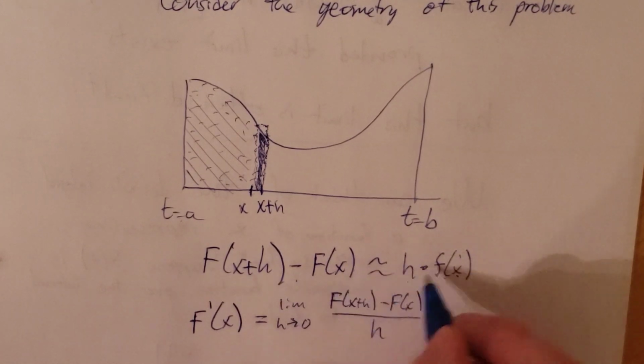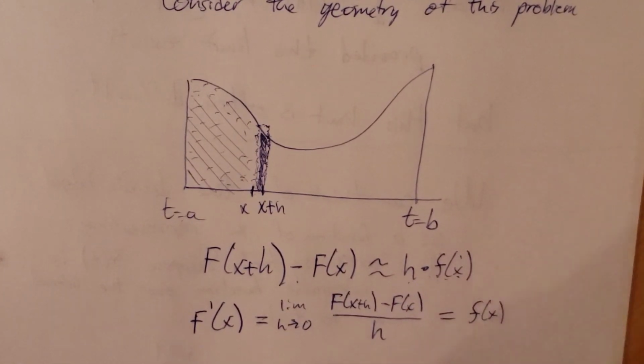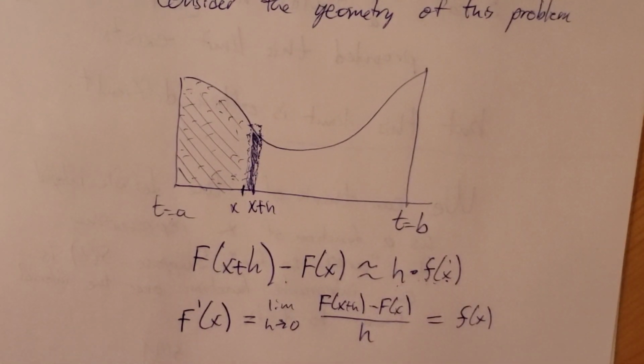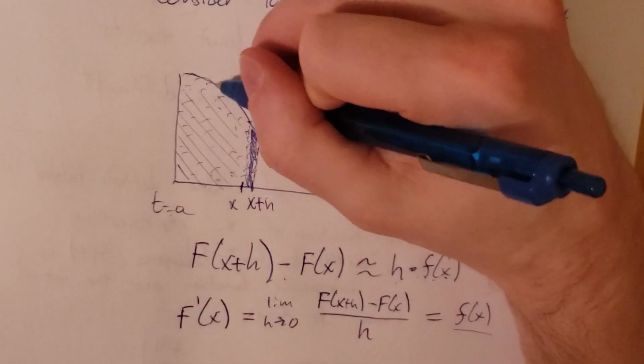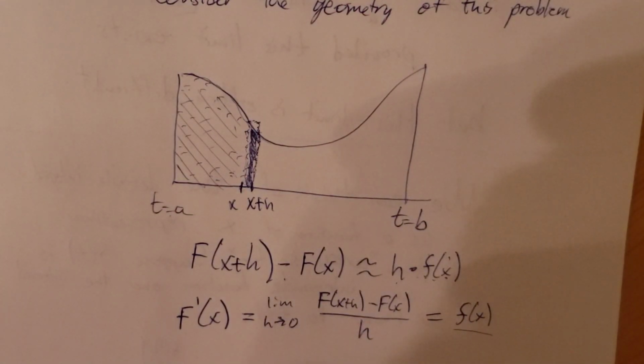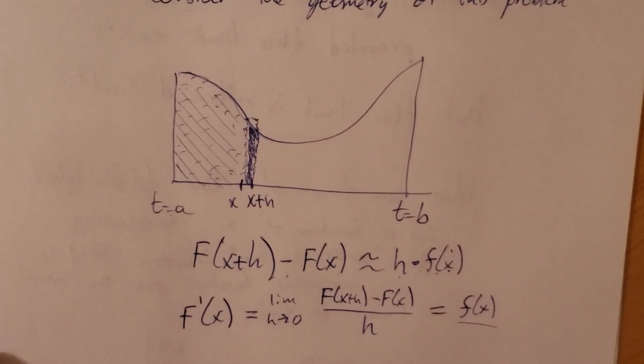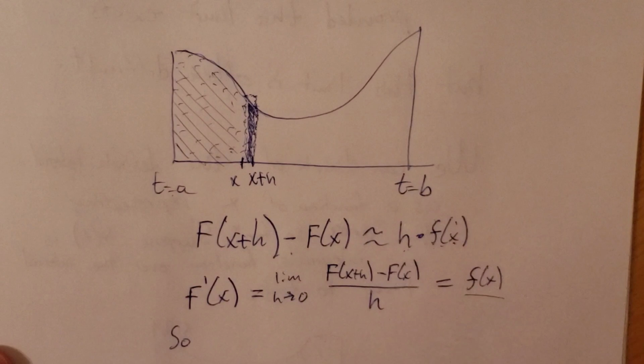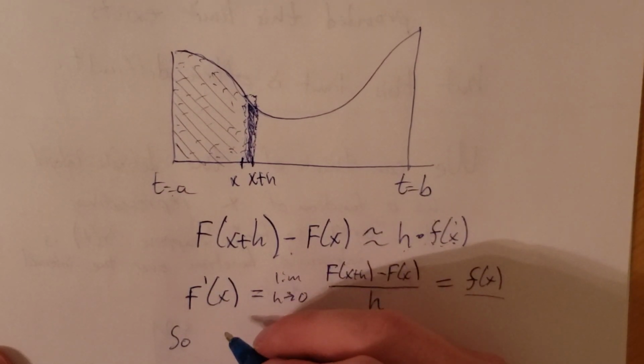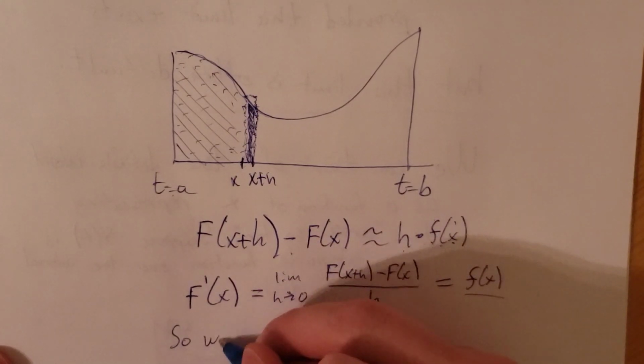But if we divide by h on both sides here, what does this equal? This is equal to, with our approximation up here, f of x, right? This is approximately true, and it gets more and more true as h goes to 0, which is exactly what we're doing when we come up with the derivative of this capital F of x function. And again, what was this? This capital F of x was our area function. And when we take the derivative of that, we get just our original function, f of x. And really, we haven't proven this yet, but this picture and this thought process and argument gives us a reason to believe